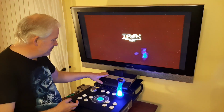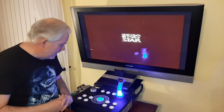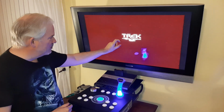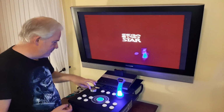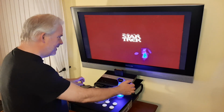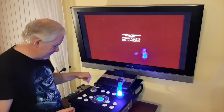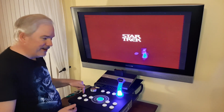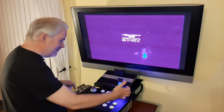So I've got this in my Atari 7800. It's all set up with the Tron stick. One thing that I thought would be kind of neat in this episode, since the ship rotates clockwise and counterclockwise, is to use the spinner to make it rotate and then make the stick make it go forward by pressing up. Now, the issue would be I'm going to have to reach down and press this button to do the firing. So if I wanted instead to do the trigger to do the firing, I'd have to